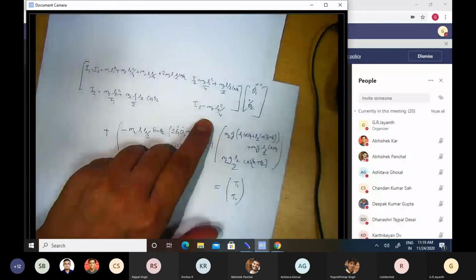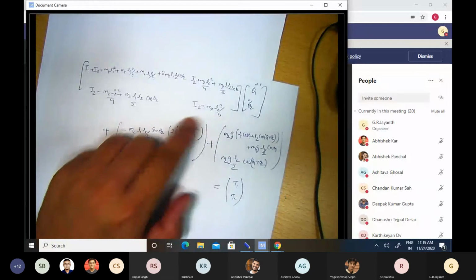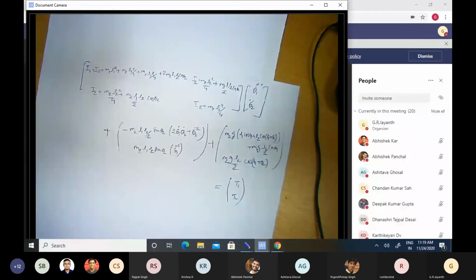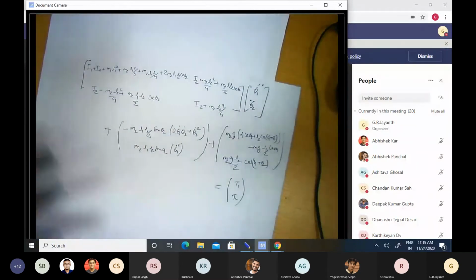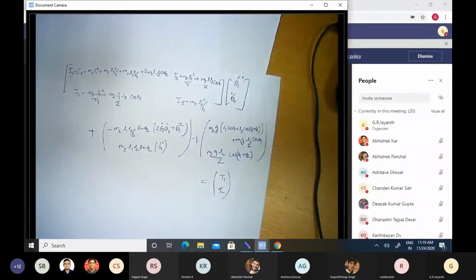This term in particular, maybe you can understand it somewhat. You have used the parallel axis theorem in some way to get I2 plus M2 L2 square by 4 to represent the moment of inertia for rotations about the second joint, right? Similar application of parallel axis theorems gives you the other terms, but beyond that, I am not in a position to breathe any physical life into the matrix that you have multiplying the acceleration terms. So any questions so far?